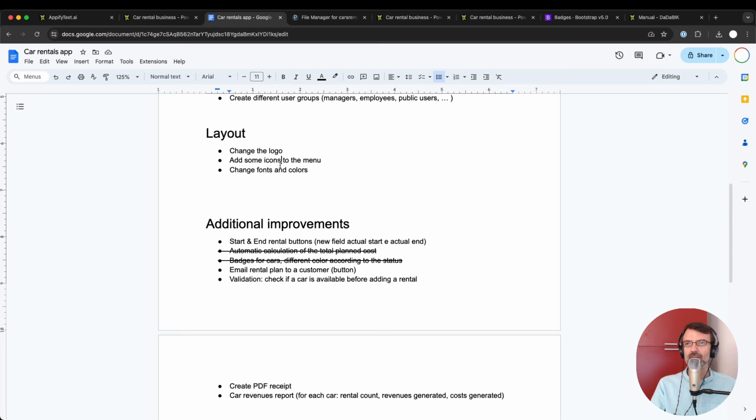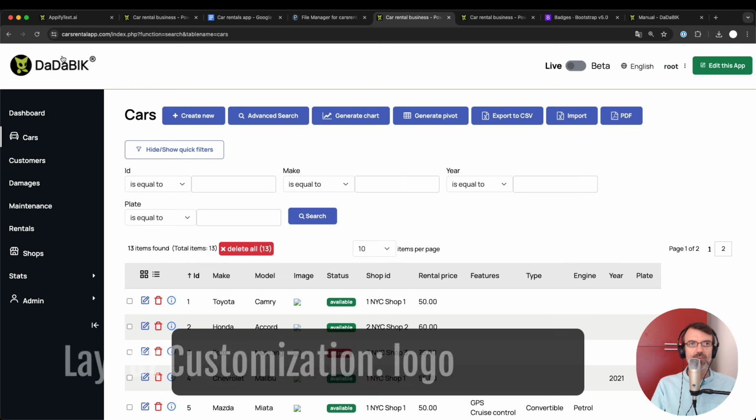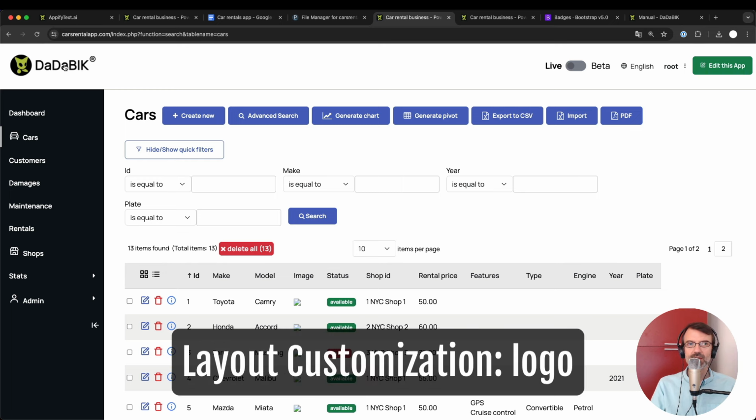Now, there are many ways you can use to customize your layout. The two I'm going to show you are the logo customization and the CSS editing. So let's talk about the logo. By default, when you install DaDaBIK, you get the DaDaBIK logo for the application, but obviously you can change it. The first thing you have to do is